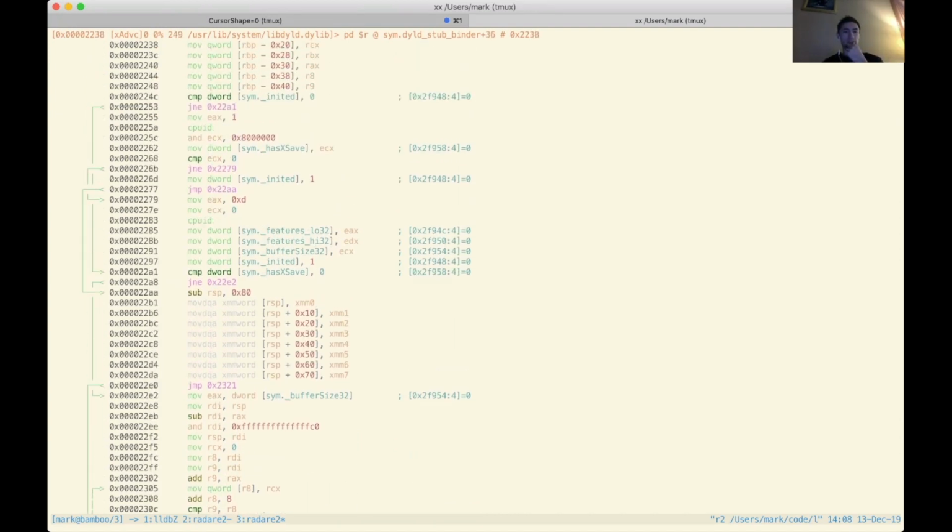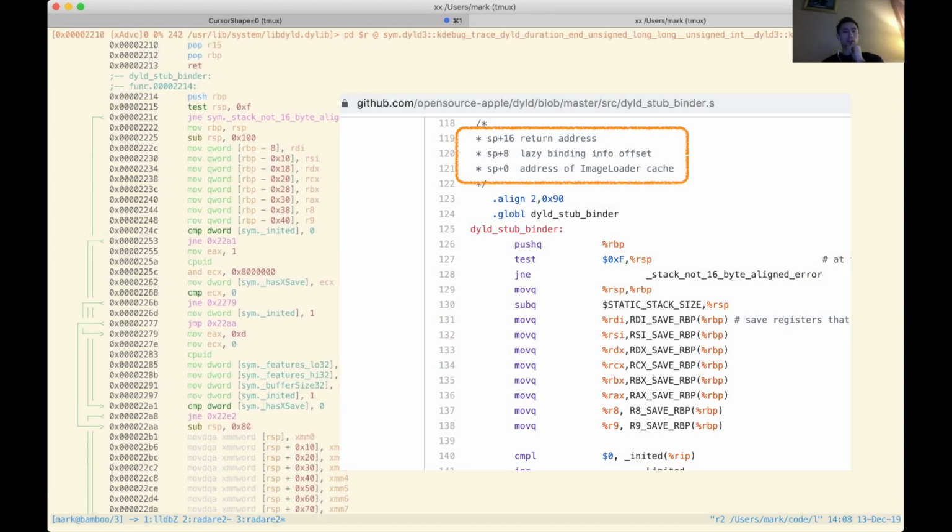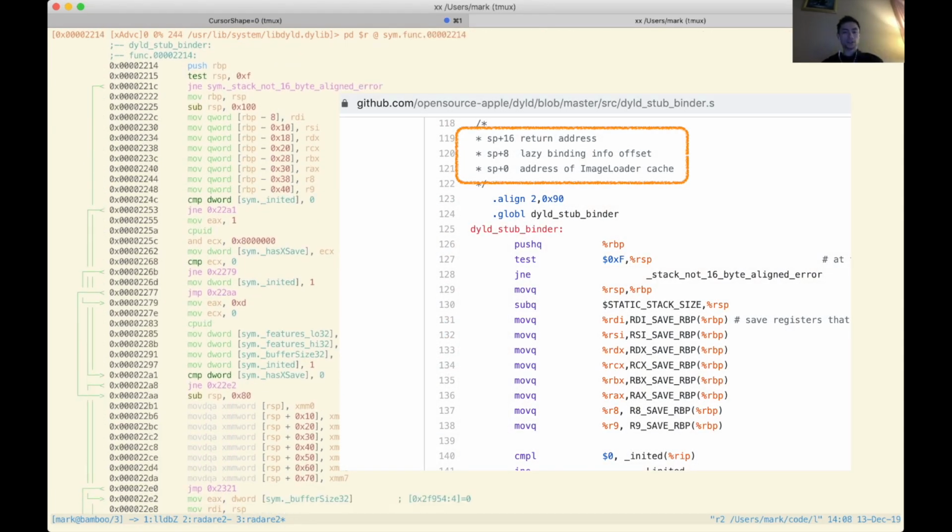And I was able to confirm this by just reading through the dyld stub binder code. If you just Google for it, you can find it on GitHub. It's an Apple open source kind of thing. It's actually handwritten assembly, and what is unique about it and what caused this bug is that it doesn't use a standard stack layout. In particular, it receives arguments on the stack, which is highly unusual for